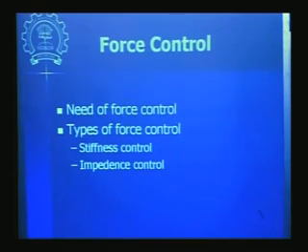We will see the application details and what is happening in these applications in a while. And then there are different types of force controllers that we are going to see in this class, the first is stiffness control and another is impedance control. We'll see why these ideas of stiffness and impedance control come into the picture.